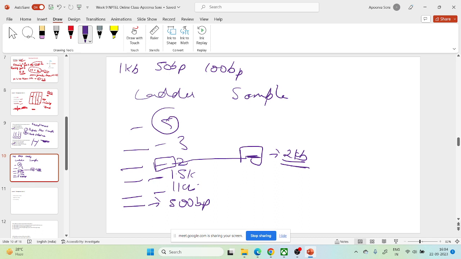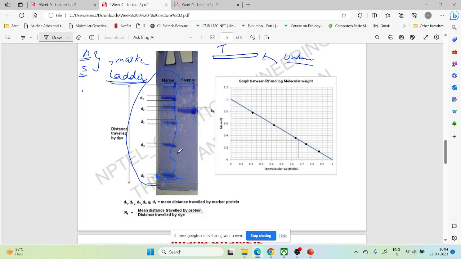Even when you go for sequencing, I don't know how many of you have any knowledge about next generation sequencing, but even in next generation sequencing, you have to have a library or a known genomic library which is used as a standard on the basis of which you compare. So this running of standards, running of known samples is used everywhere. Anyways, so after this,